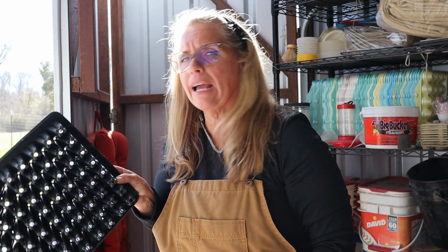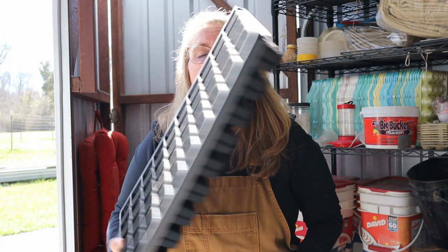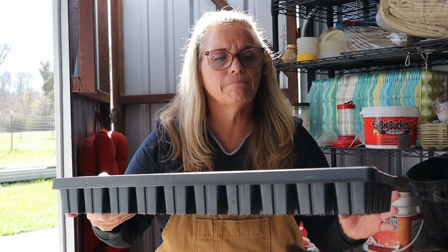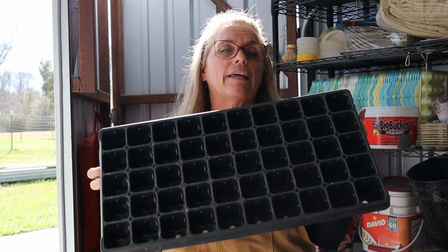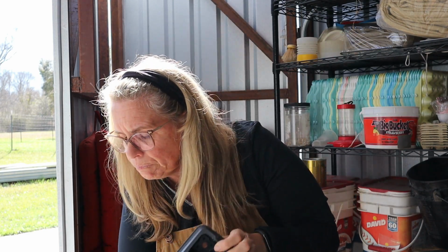My other one that I have is a 72. That's what I had just moved my eucalyptus up into, was a 72. But now I'm kind of kicking myself because I really should have gone with a 50. A 50 is much bigger, and that eucalyptus isn't going to go out for a little while into the raised beds, so I probably should have put them in a 50, and I still may do that, and I will show you how I do that. But this is a 50, and then I also have